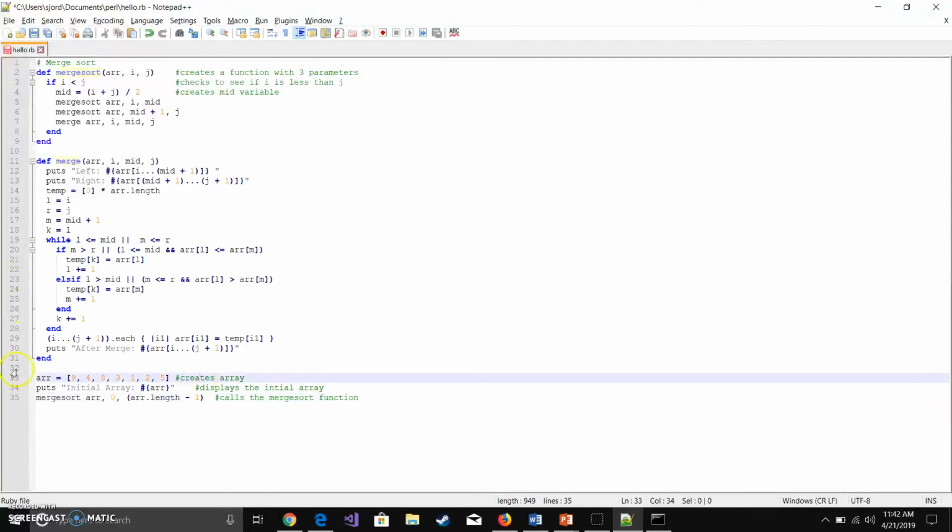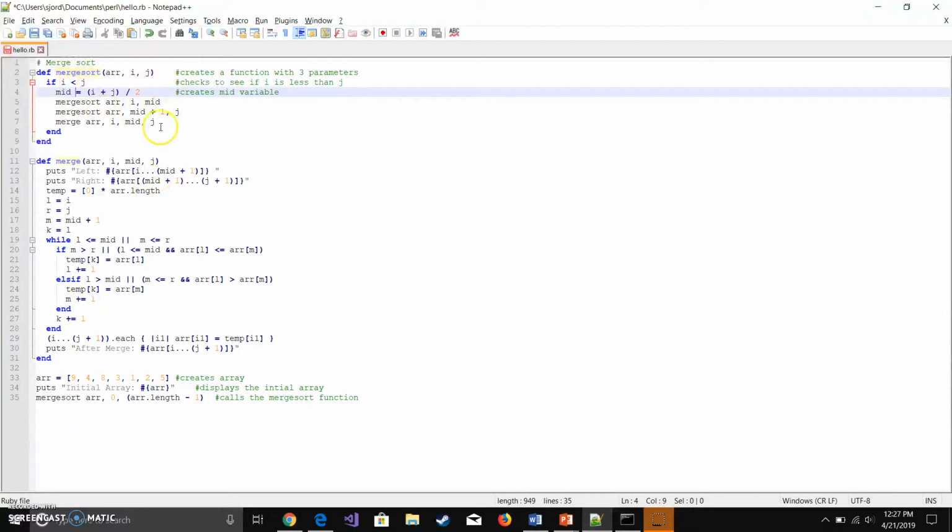So anyways, after calling the merge sort function down here, we jumped up here, and this is where we create the actual function. We start out with def, and we called it merge sort. And then these are the parameters that we're passing in. And then we have an if statement that i is less than j. Basically, all that this does is keep cutting the array in half,